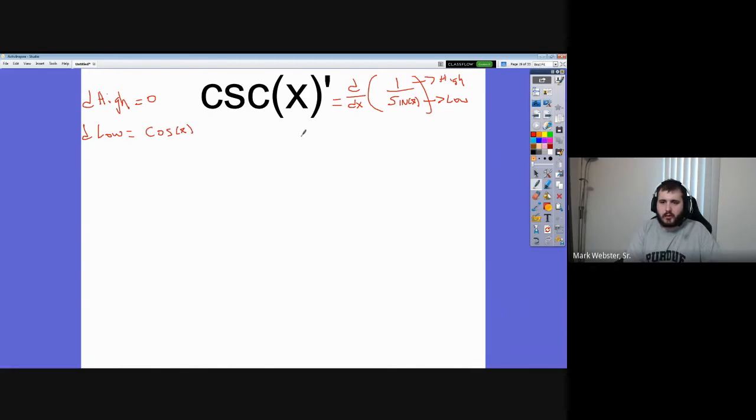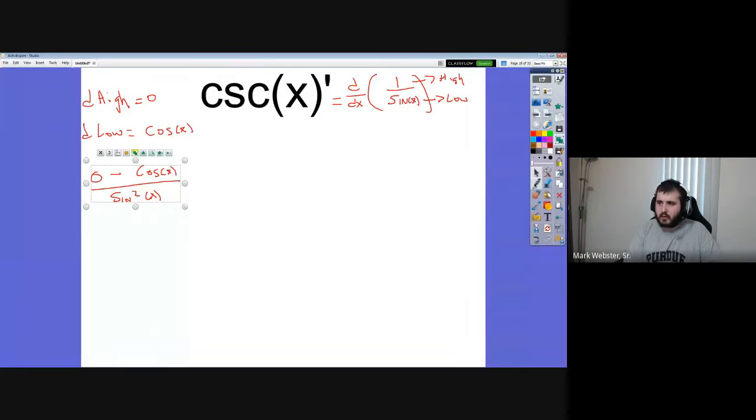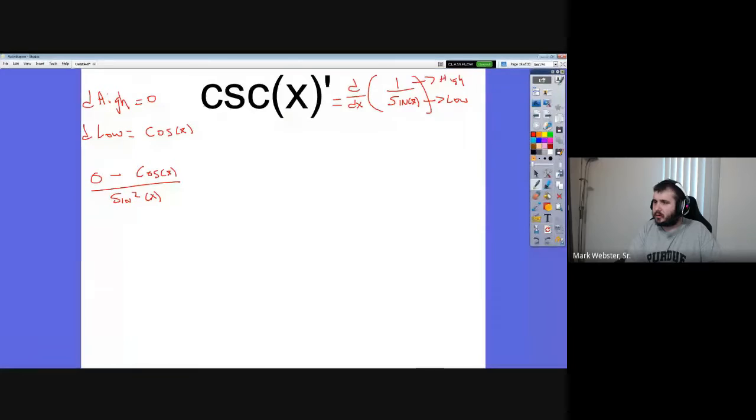Now we're going to do it. Low d high minus high d low over low squared. Low d high, well, that's 0, because anything times 0 is 0, minus high d low. Well, 1 times cosine is cosine over low squared. And again, you can take a second to simplify this down because they're not going to write it this way. Usually, they're going to write it as